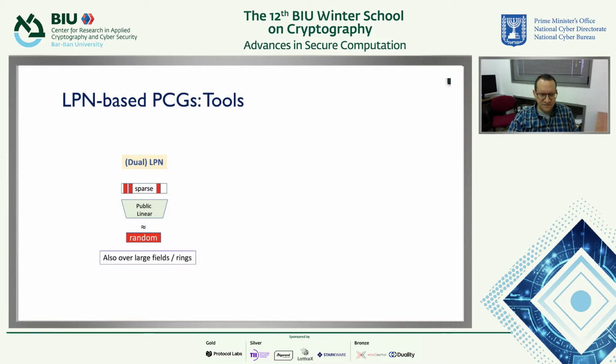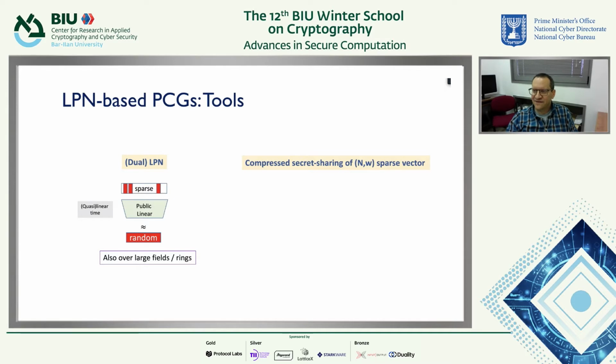It can be formulated also again over large fields or rings. This public linear mapping can be implemented with conjectured security very fast, even in quasi-linear or even linear time. We have good candidates for that. And that's one ingredient that will be used in the PCG constructions I'll describe next, this dual form of LPN. And the other ingredient is something